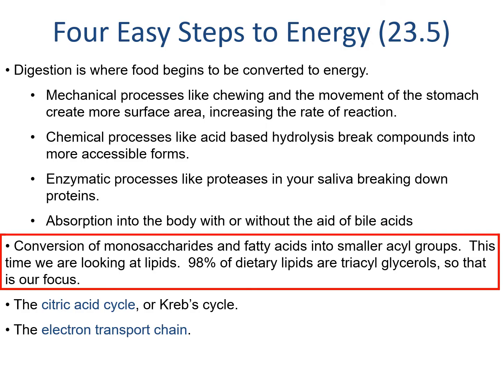Just like with carbohydrates, we want to start talking about lipids in the form that they enter our bodies as food. Most of the lipids in food are triacylglycerols, so we'll focus on those for simplicity. We'll talk about how they get absorbed into our bloodstream as fatty acids, and the remainder and majority of this chapter will be more closely related to fatty acids and other metabolites. All of this is set against the backdrop of the citric acid cycle and the electron transport chain, which are the only ways that we get energy from fatty acids. There is no anaerobic metabolism for fatty acids.